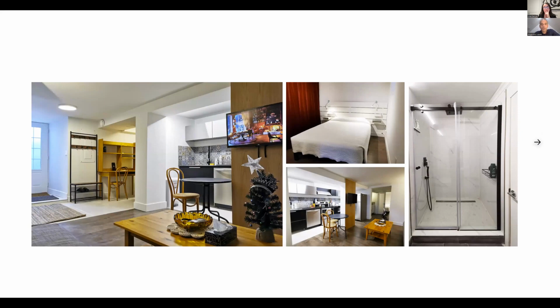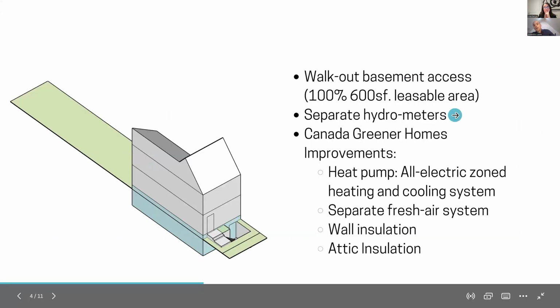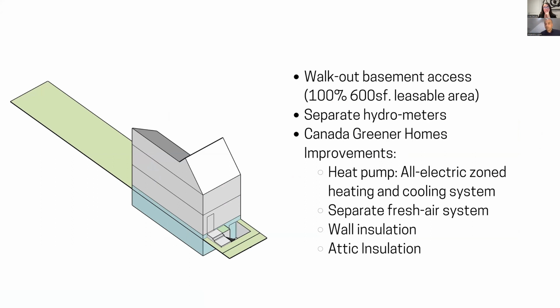On the left there, you have an image of what we did, which is a legal basement suite. You have a walkout basement, so it's 100%, 600 square feet leasable area. We put in separate hydro meters, and we also applied to the Canada Greener Homes grant to do improvements such as an all-electric zoned heating and cooling system,